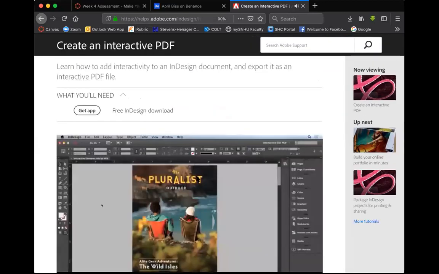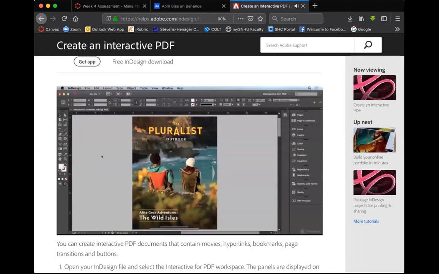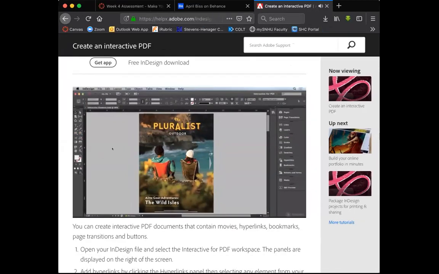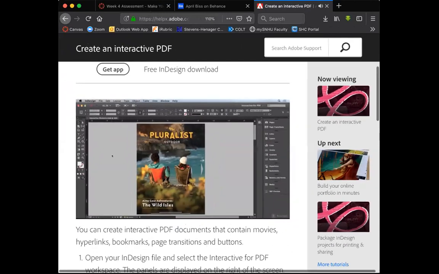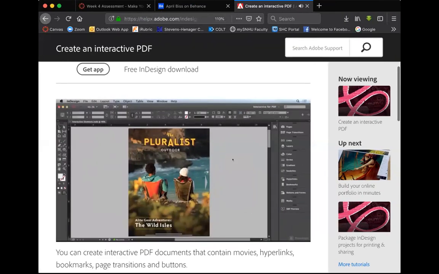The versatility of the PDF format allows you to create documents that contain interactivity, including movies, hyperlinks, bookmarks, page transitions, and buttons. Let's add some interactivity to a document and export it to an interactive PDF file. Now, I'm beginning this video with the interactive-elements.indd file already open on my computer. And we're just going to add a couple of interactive elements to this so we can see how this works